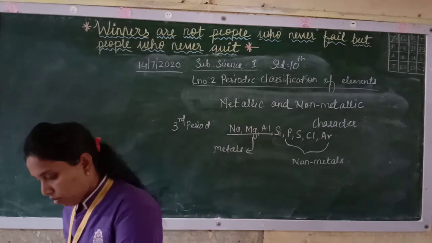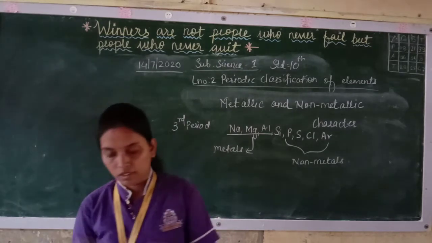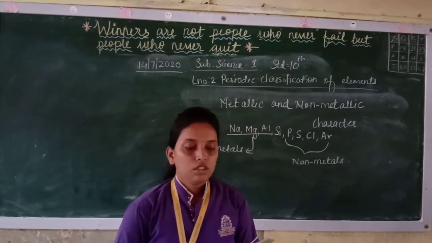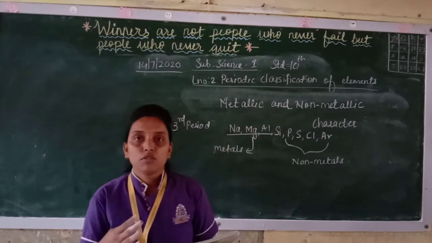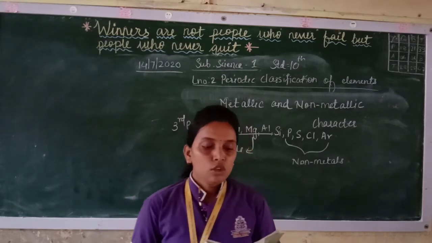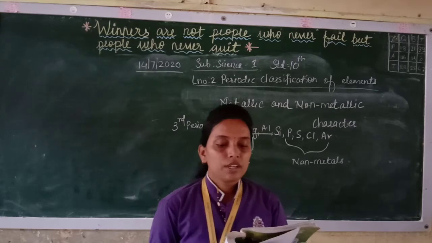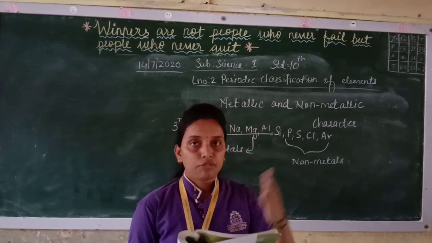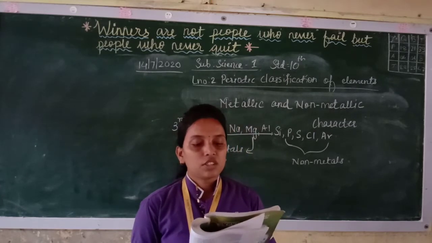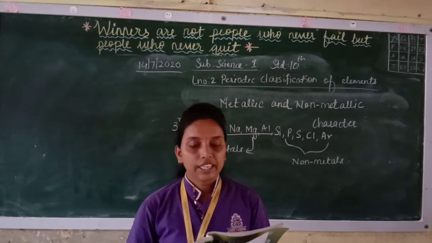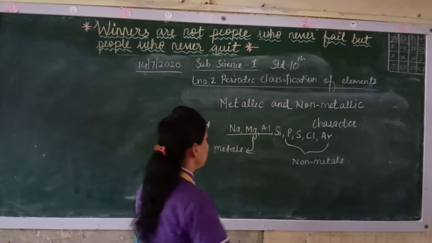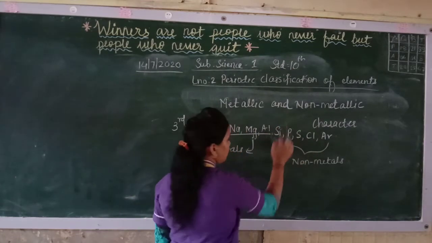So we will see further now. Non-metals you will find to the right hand side of the periodic table. Metals you will find to the left hand side. So it is seen that the metallic elements like sodium, magnesium are towards the left in your periodic table. That you will come to know when you see the periodic table. The non-metallic elements such as sulfur, chlorine are towards the right. The metalloid element silicon lies between these two types.